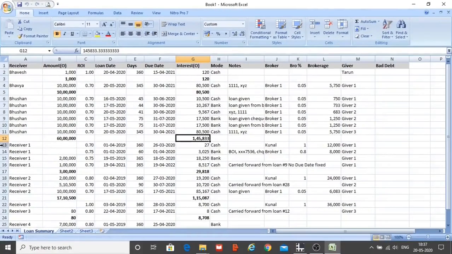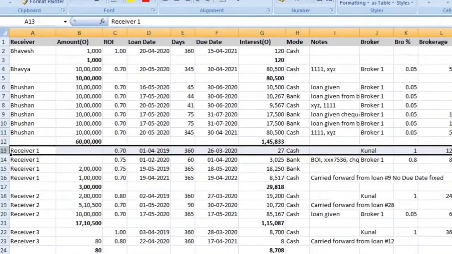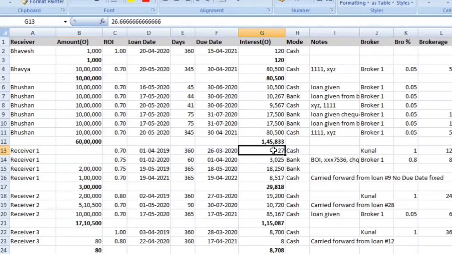Now see this entry where principal amount is nil but interest outstanding is showing minor balance. If you remember, I had told you while doing receipt entry, there is a checkbox named settled. For example, if there is a difference between the amount which customer is paying and the amount which program is showing, then you can tick on settled checkbox while doing the entry to make this amount nil. Let me show you by doing this entry.